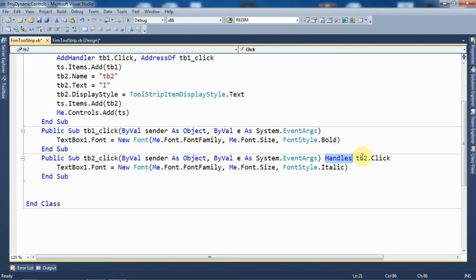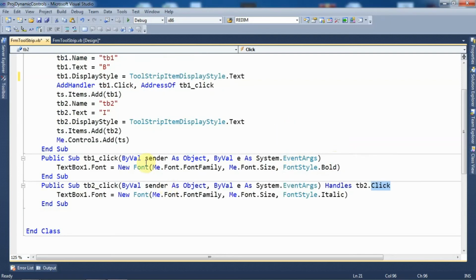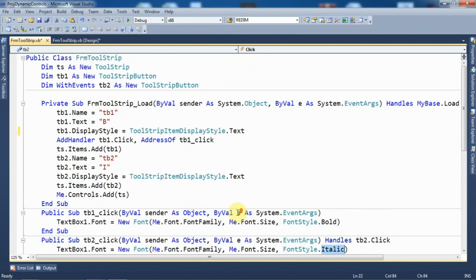So I have specified TB2, that is the name of the control, dot Click, that is the name of the event which is to be handled. So this is the difference between the two prototypes. And the other difference is that as we have added the TB2 button for italic, instead of bold I will set the font style to Italic. See over here, we have set the font style to Bold, and over here I have set it to Italic.